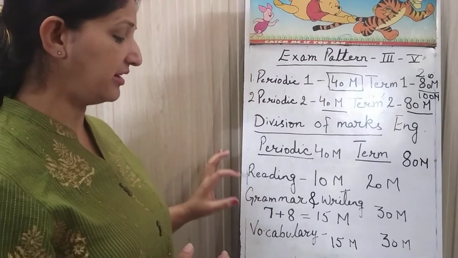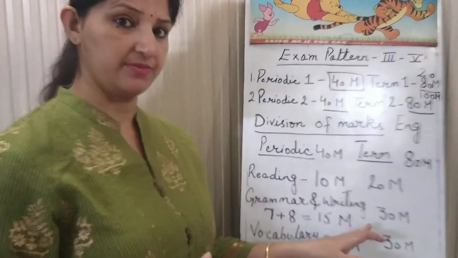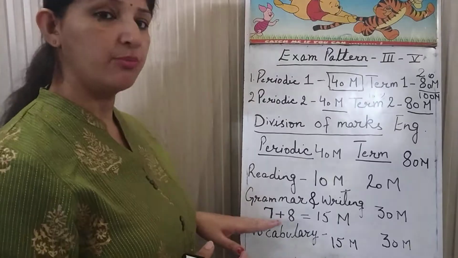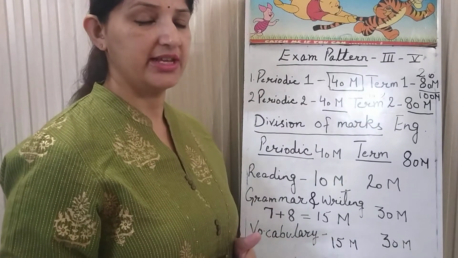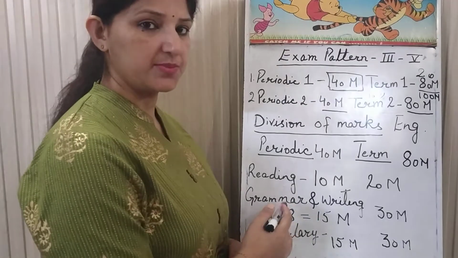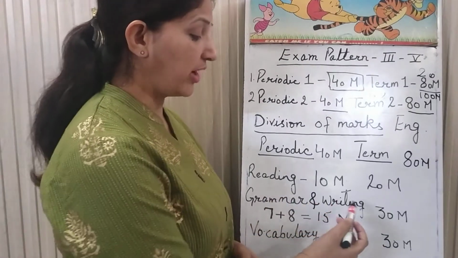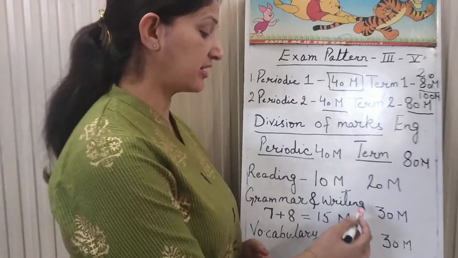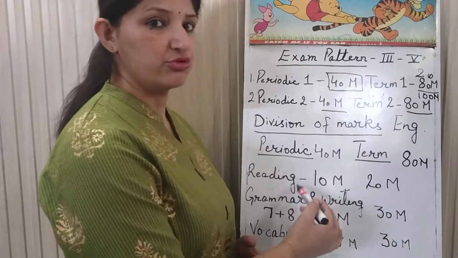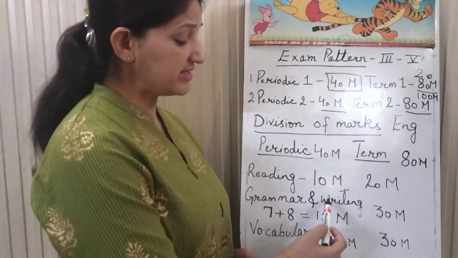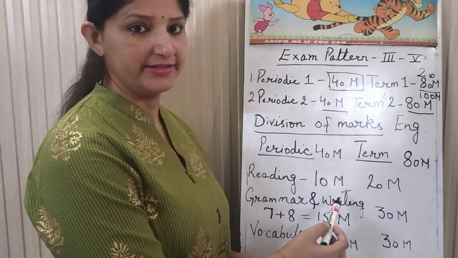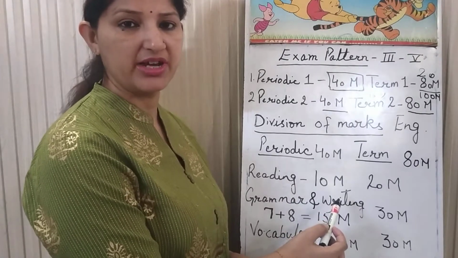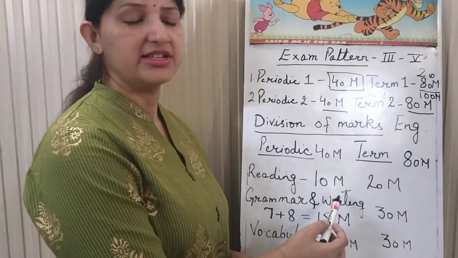Now the second segment is the grammar and writing portion. The grammar will come from your grammar book, and the grammar chapters given by the teacher for the syllabus. From those grammar chapters the grammar will come. And the writing portion, here you need to pay concentration. This writing portion is creative writing. The formats that the child learns, like the diary entry, report writing, weather writing, letter writing.